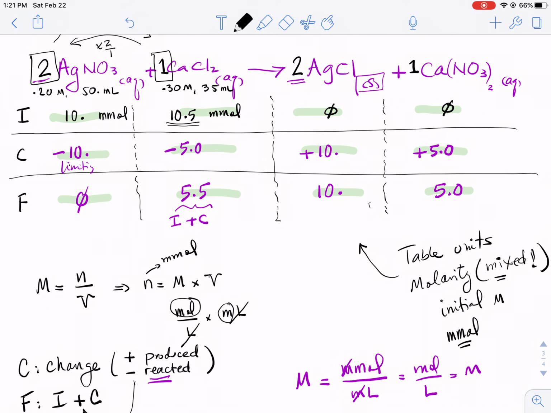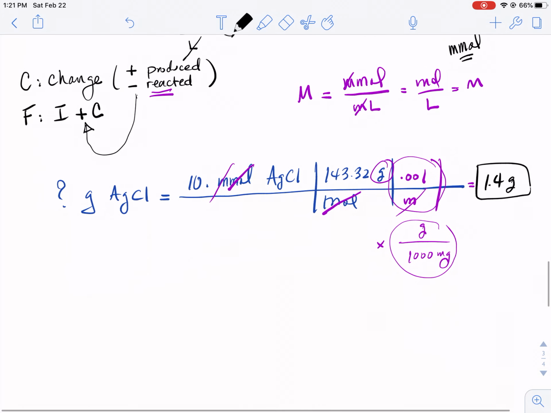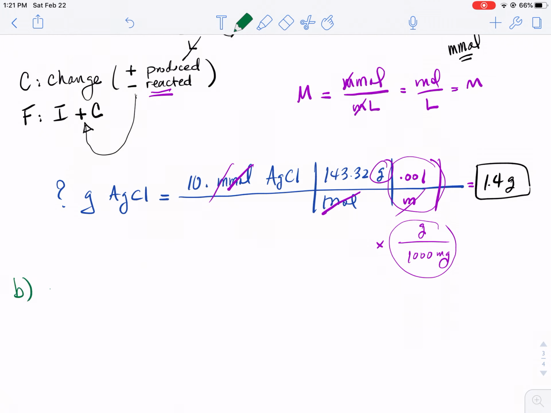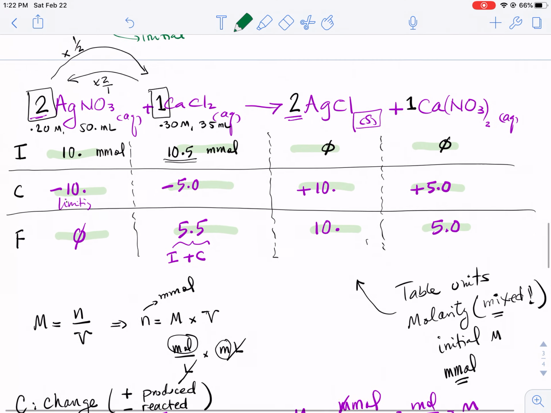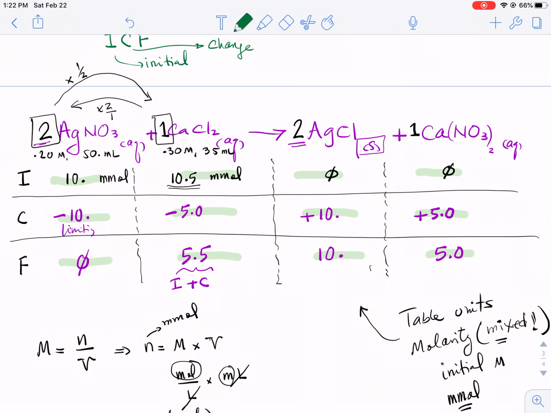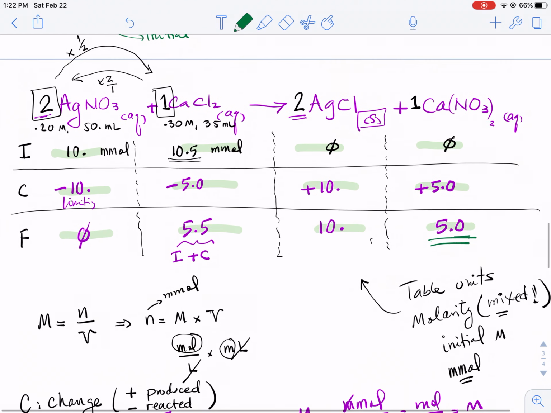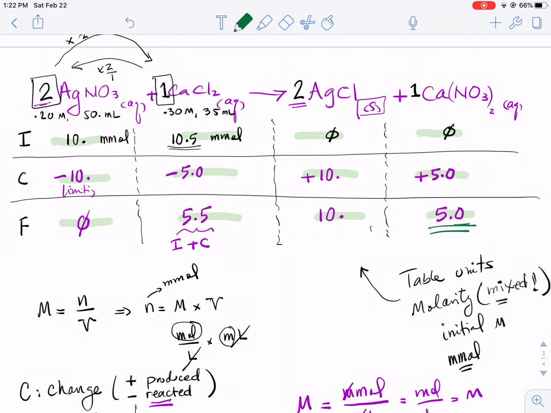Now let's put a second part to the problem and find the concentration of all ions. And some people get confused over this part. So part B is calculate the concentration, molarity, of all ions after the reaction. So I go back to my millimole table, ICF table, and I can see that the silver nitrate portion that we started with, the silver ion essentially was the limiting quantity, and that went down to 0. But there is some nitrate that's in excess here, and that's what the calcium nitrate on the right side shows, that you have 5 millimoles of calcium nitrate. And you have calcium ions here, and